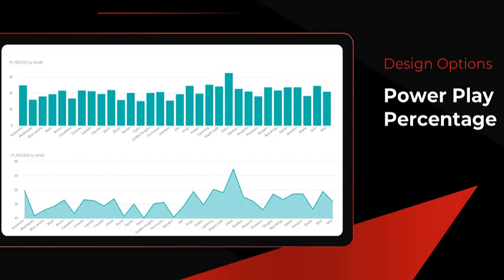The bar chart allows for quick visual comparison of power play percentages, making it easy to identify teams or time periods with higher or lower success rates. This chart type is particularly effective when there are significant differences in power play percentages that need to be highlighted. Also, in Power BI, you can sort bar charts, as well as other charts, in ascending or descending order. So you can quickly visualize those teams that are at the top of the league and those that are at